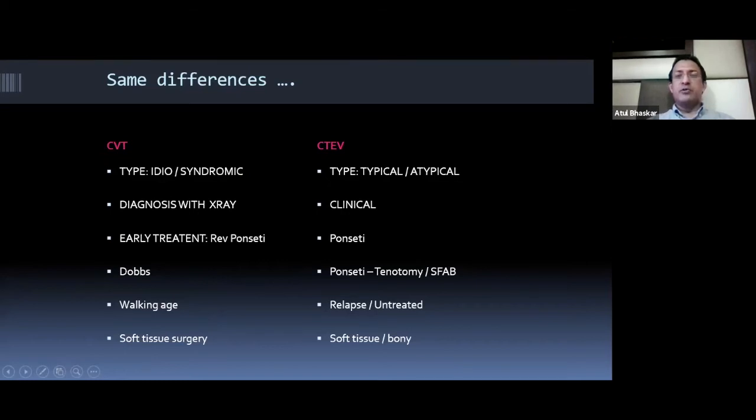The treatment which was really popularized by Ponseti still holds true to date, and for early clubfoot we always use this technique. And in the last 10 years for vertical talus, we've been using what is called the Dobbs or the reverse Ponseti technique. Treatment usually continues till the child starts to walk, and most of the problems come around walking age. So early relapses in clubfoot, whereas in vertical talus sometimes they're not even diagnosed, especially in a chubby child, and so they come at walking age. In both these conditions you need soft tissue surgeries and then bony surgeries and salvage surgeries. By and large these conditions are very parallel, but the clinical appearance is totally the opposite.